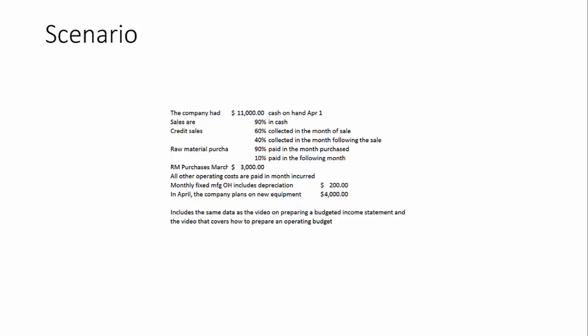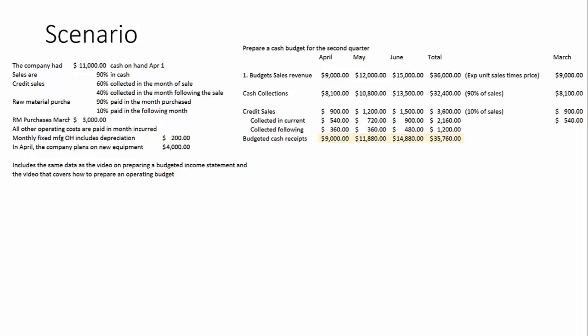So please remember, and I have the note down there to remind you also, that this video is related to the first video on how to prepare an operating budget, the second video on preparing a budgeted income statement, and so now we're going to look at cash. Cash being generated and collected, and cash being paid out and used so that we can prepare that cash budget. So in this scenario, we have budgeted sales revenue. Now, you may have to look back at that video on